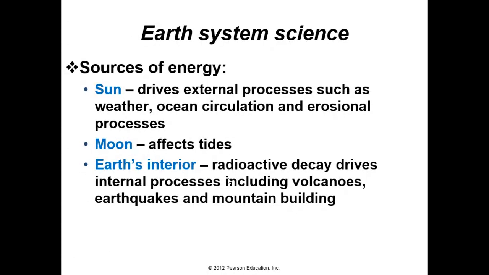Earth's interior is the number two provider of heat energy. Just like the sun, radioactive decay is occurring within Earth's core, and this radioactive decay creates an immense amount of heat that moves outward from the core up to Earth's surface. Once that heat reaches the surface, it's the main reason that we experience a lot of natural disasters and Earth processes, because this heat